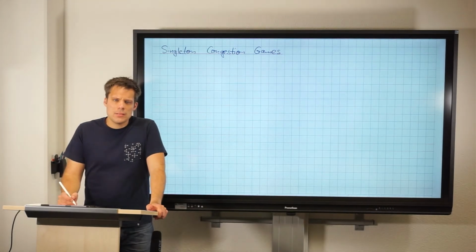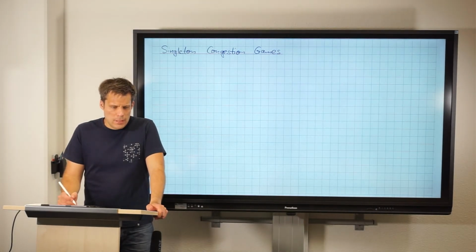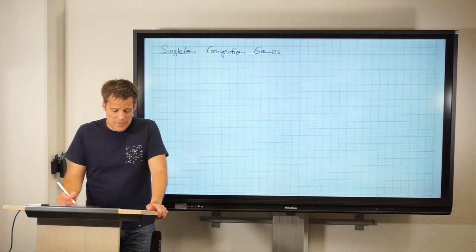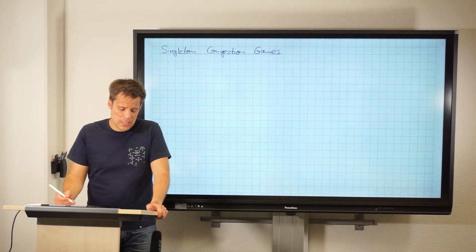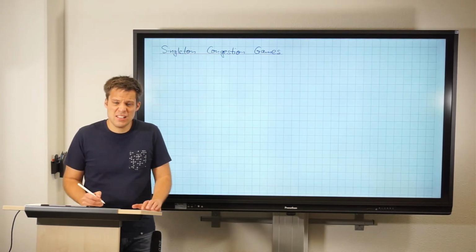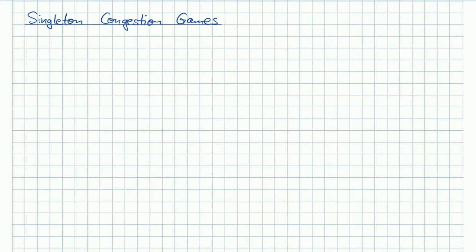So we now want to bound the number of improvement steps in a certain class of games, and this class of games that we will be considering is the class of Singleton congestion games. What is a Singleton congestion game? Let's define that. A congestion game is called Singleton